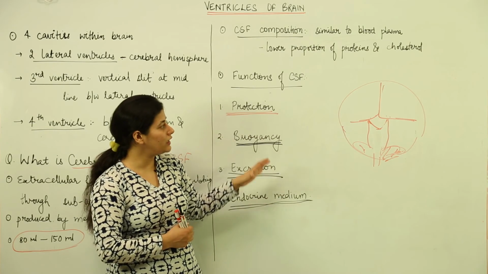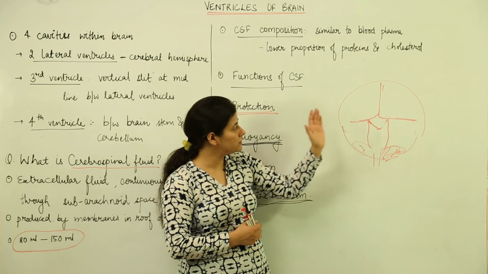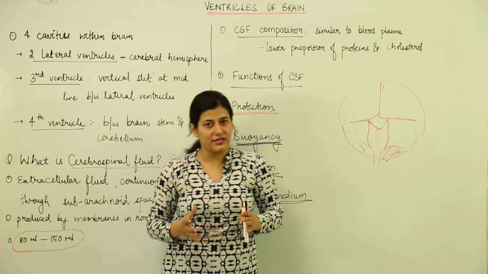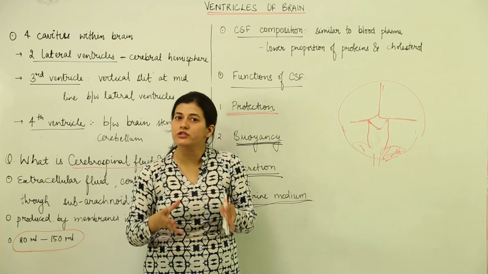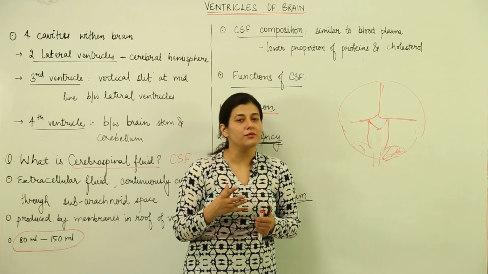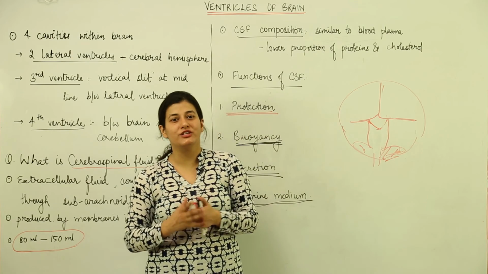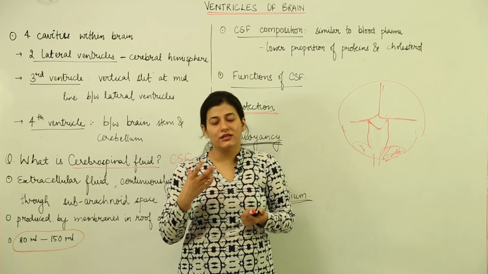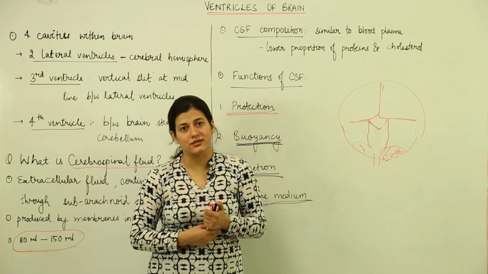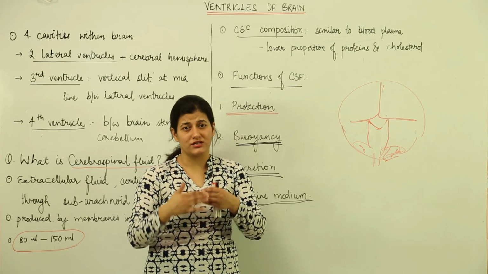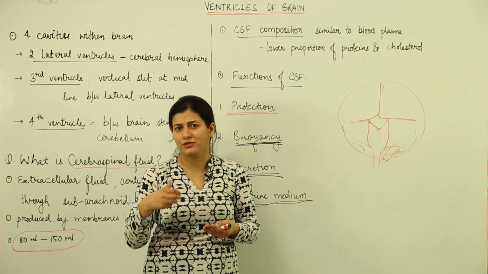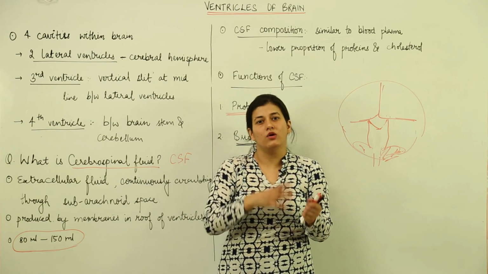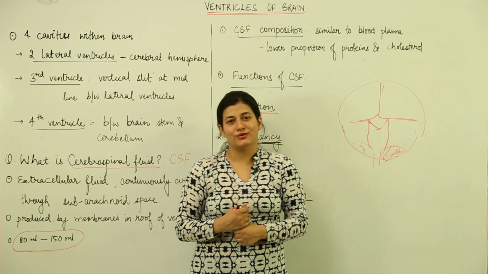So, with this we have an understanding and we are ending this lesson. By the end we get to know that there are 4 cavities in the brain. Those cavities are responsible for secretion of cerebrospinal fluid, and cerebrospinal fluid is very important for excretion and safety purposes, so that the buoyancy and this shock absorbing property do not harm the main brain components, and at the same time whatever excretion is required along with blood takes place. So, this is all about